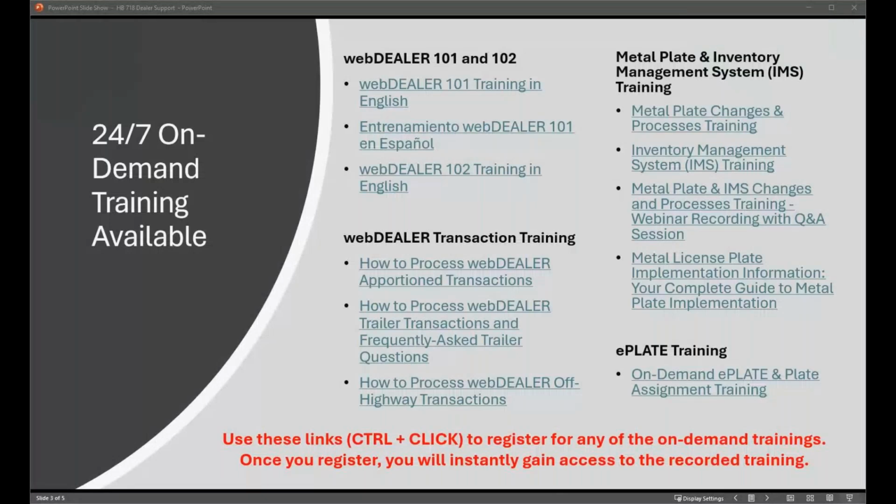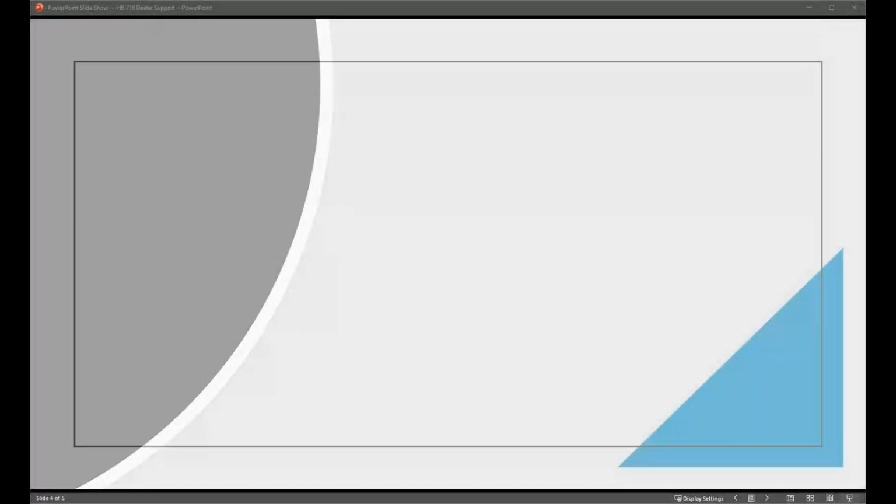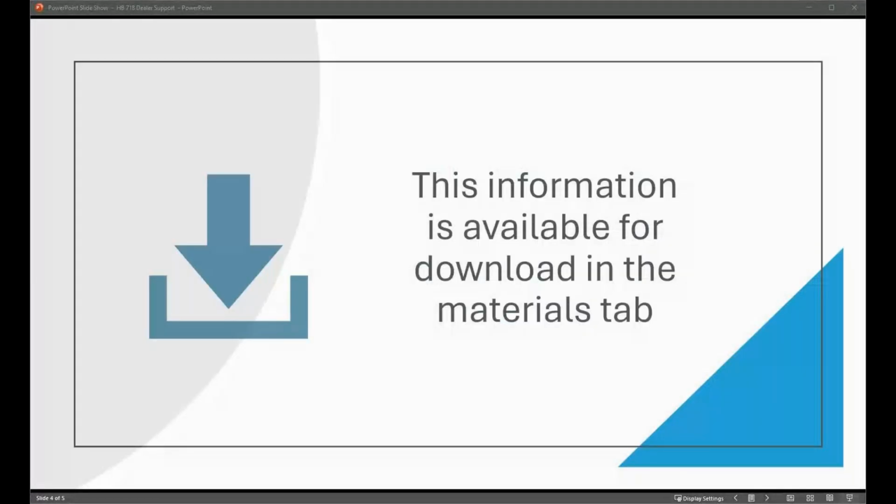So essentially, from my understanding, that was designed for those customers that want to use their same plate on their new vehicle. So if you have a customer come in, they trade in the vehicle, but they want to keep their same plate. They have it memorized, they like that plate number, and they just want to keep that same plate. If they buy a vehicle from you within 10 days and it's the same vehicle classification, once you have done that VTN, that plate is in your inventory. Whenever you go in to do the plate assignment, that plate will be an option to select to place on the new plate assignment for their new vehicle.